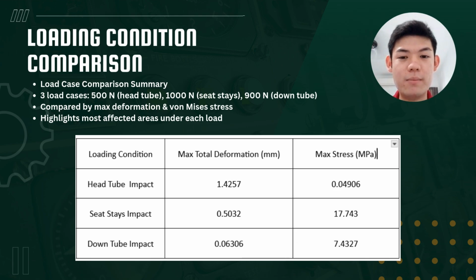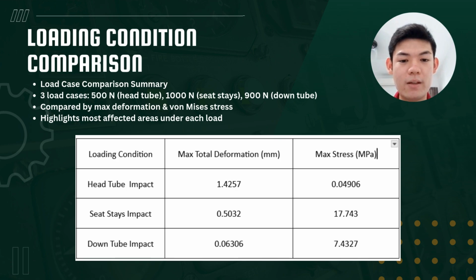Now we are doing the comparison between these three loading conditions. We summarize and compare the maximum deformation and maximum von Mises stress, and highlight the most affected area under each load. From the result, we can see that the head tube impact has the lowest maximum stress value, which is 0.04906, but it has the highest maximum total deformation value, which is 1.4257. The second loading condition, seat stay impact, has the highest maximum stress, which is 17.743 megapascal,